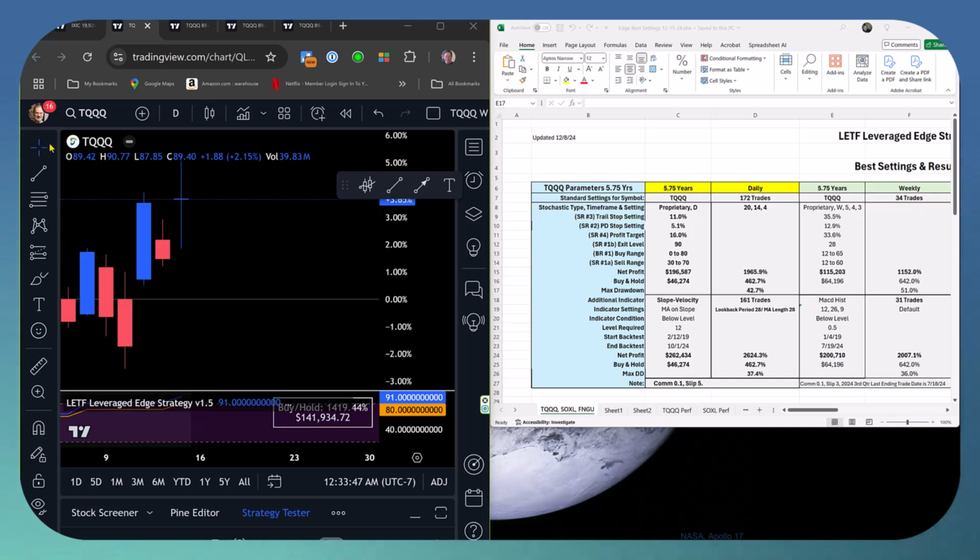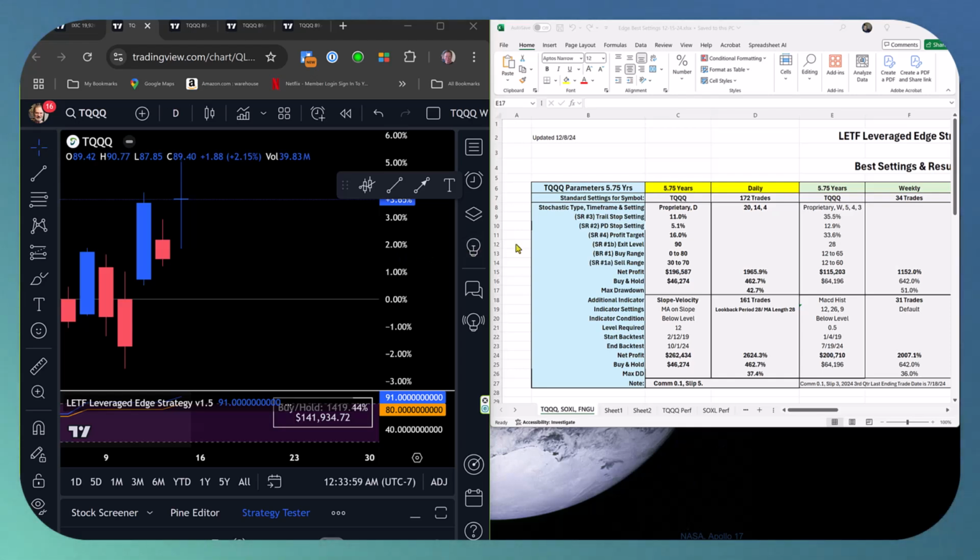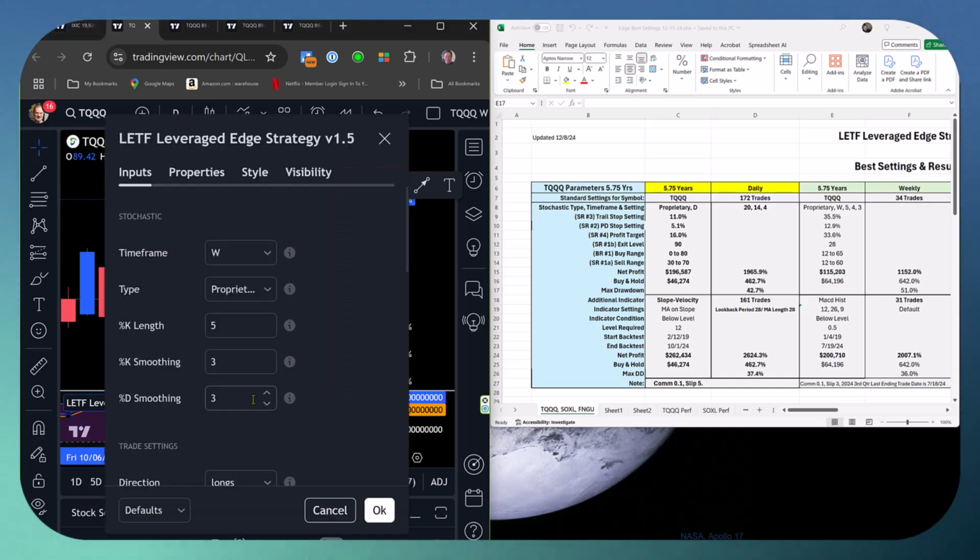I paused the video for just a second to set this up, but I put a half page of the TradingView chart up here with a half page of the Excel spreadsheet for the best settings. So it'd be real easy for you to see what I'm doing here as far as the transfer and doing the setup. I'm going to go down here to the strategy and I'm going to click on the settings tab